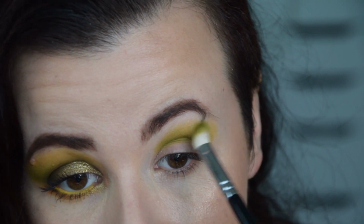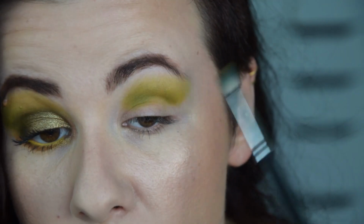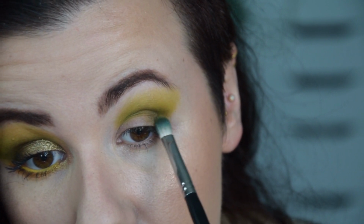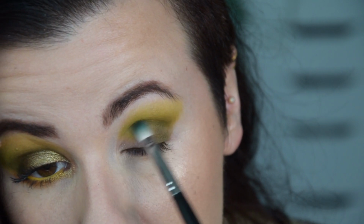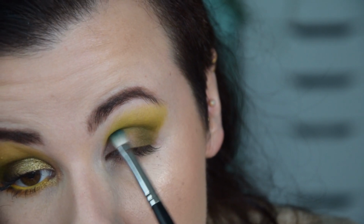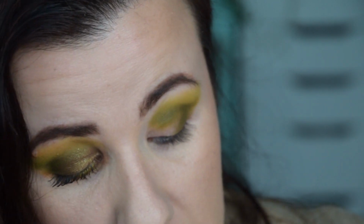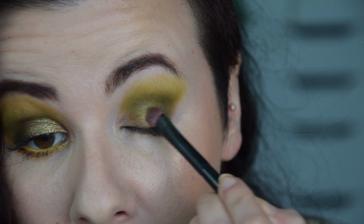It is a different experience than using powder mattes, definitely. With a smaller brush, I am taking the shade Troop, which is another creamy matte, and this is a very dark one, and applying it in my crease and on my outer corner. This is also much more green than it looks like in the pan, and a very beautiful shade. I quite snobbed it at the beginning. But as with many of the shades in this palette, you actually have to swatch it to see what the real color is. And this holds also for the shade Shield that I'm now applying on my lid,